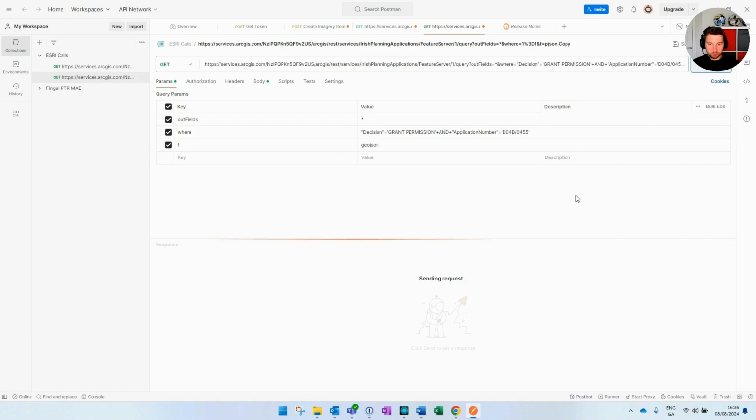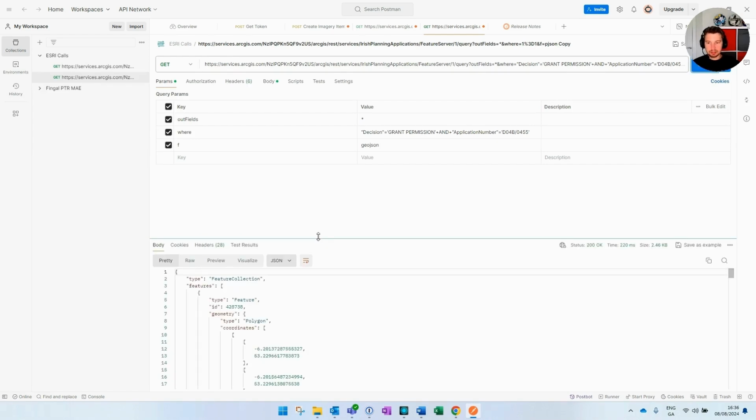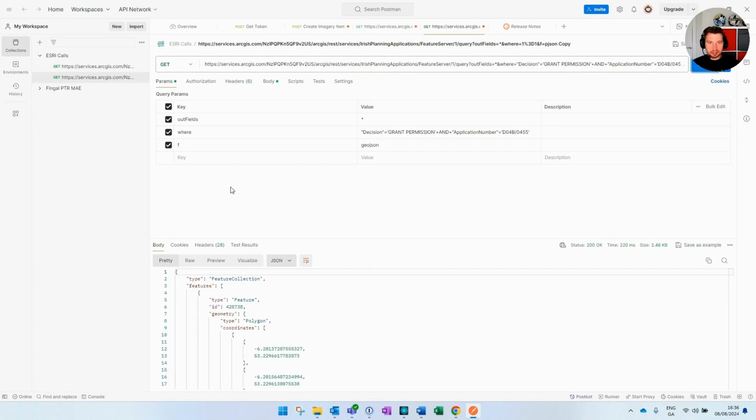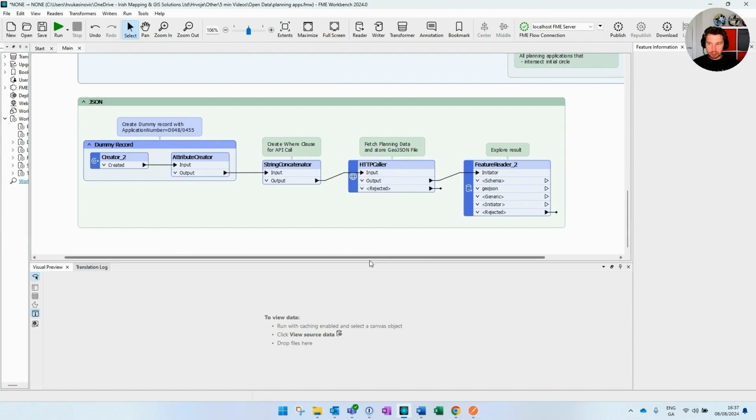Once this call is returning a result, I can replicate that in FME and read the information there. You can skip this step and do that directly in FME, but personally I prefer to check it in Postman first. If we switch back to FME, I will be doing exactly the same